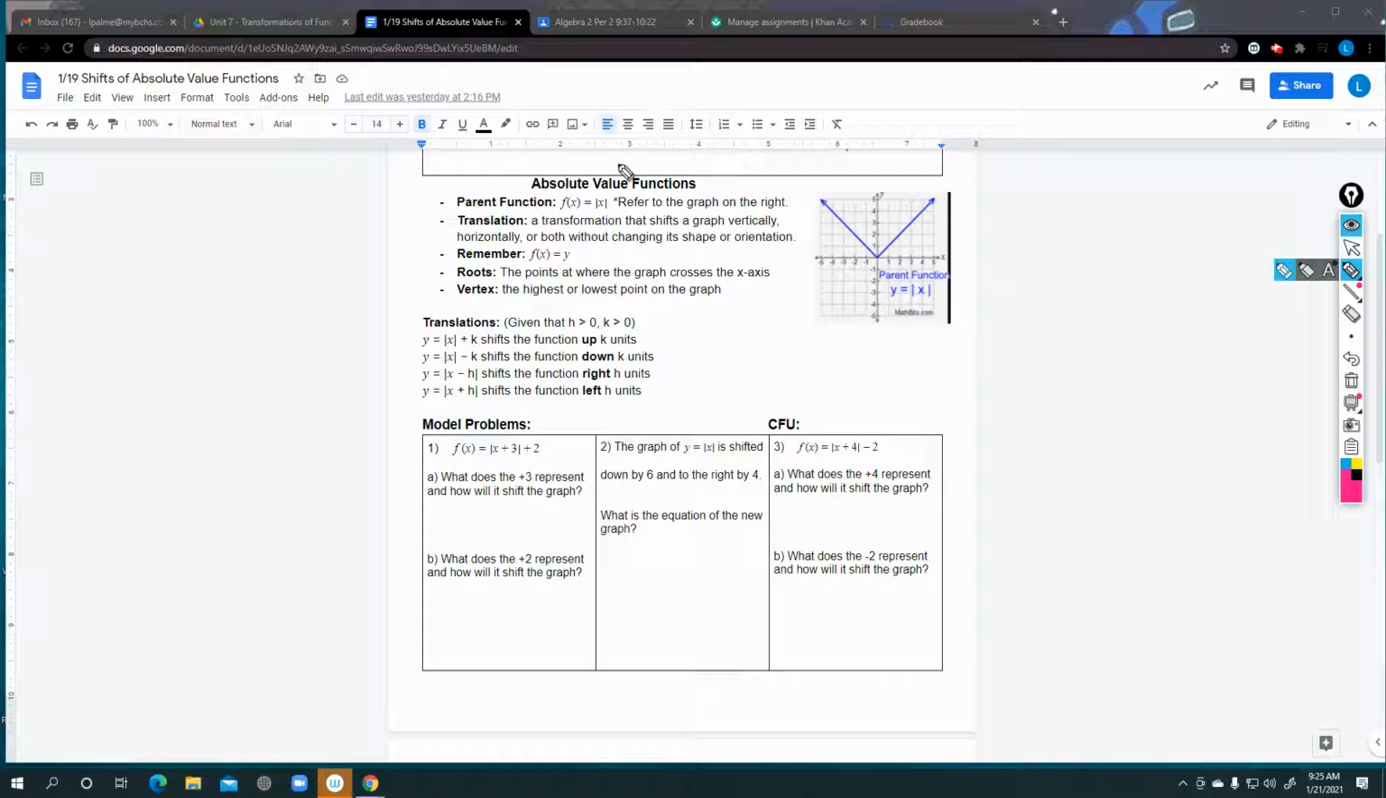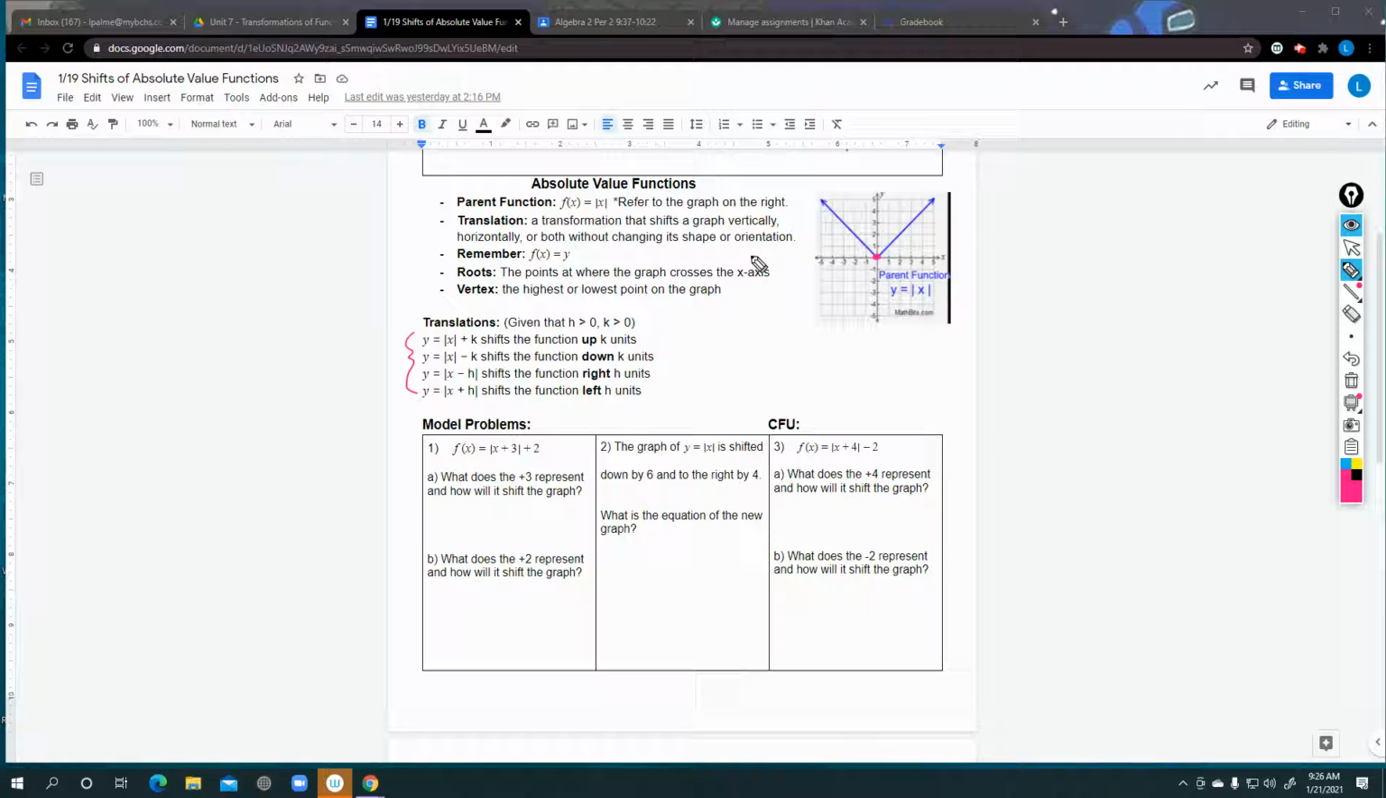Okay, in today's video, we're going to learn about shifts of absolute value functions. The parent function f of x equals absolute value of x refers to the graph to the right. This is the graph you are going to be referring to, comparing, and utilizing to actually perform your shifts. We're going to focus mainly on our vertex here, and you're going to move accordingly using your rules for your translations. A translation is a shift of the graph vertically or horizontally, or both, without changing its